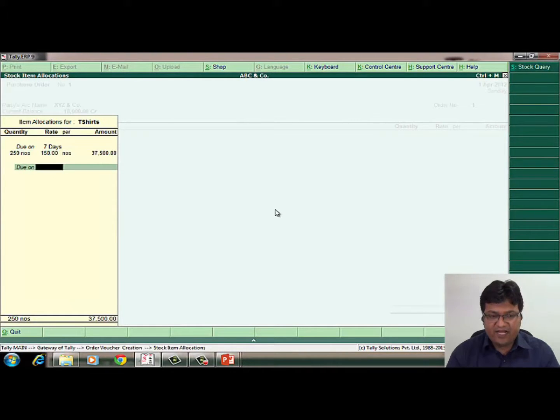The other 250 I require after 15 days. So I specify 15, other 250, and the rate and other details are filled up automatically. Now the beauty of Tally is that if you do not wish to specify the number of days, you can specify the date directly. So let's say today is 1st of April and by 15th of April I require the other 250. So I specify over here 15th April